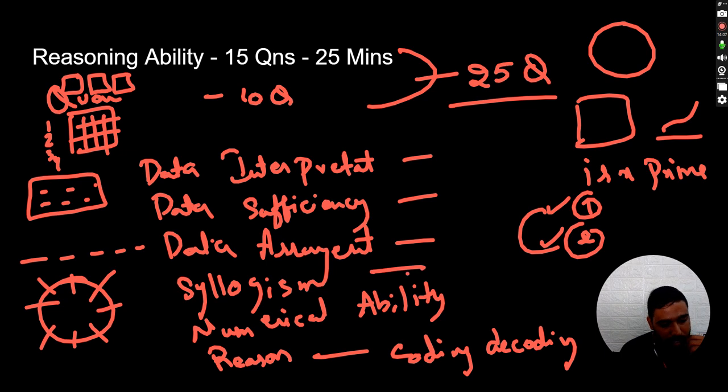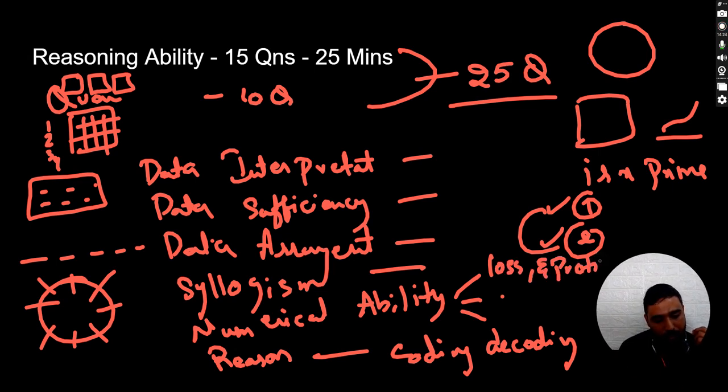And syllogisms, I think you know what it is. Statements and conclusions: all A's are B's, some A's are B's, right? And numerical ability: questions based on percentages, profit and loss, and SICI very little. Sometimes I have not seen many questions from SICI. Very few, in very few sets it is given. So SICI, profit and loss, and percentages,